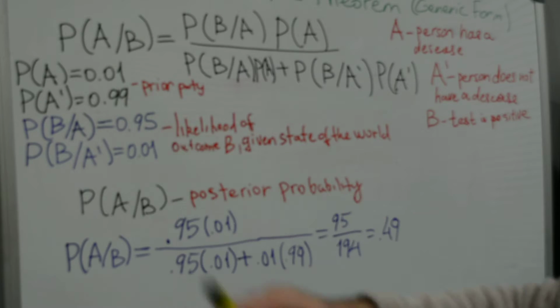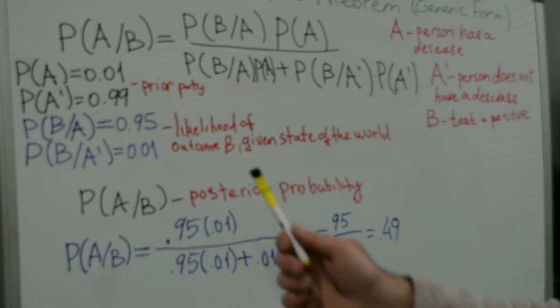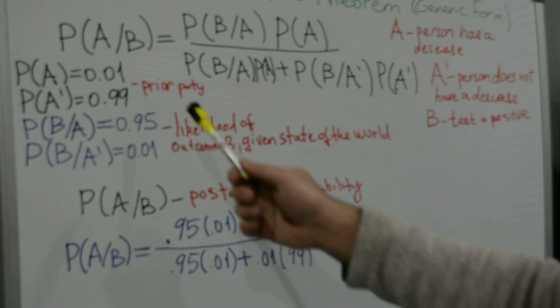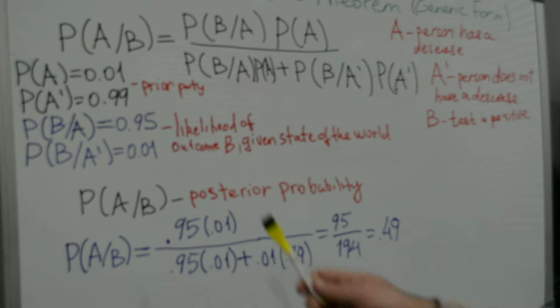In this case, the prior probability that percent of the population which has a disease is 1% or 0.01, and alternatively the percentage of the population which doesn't have disease is going to be 99%